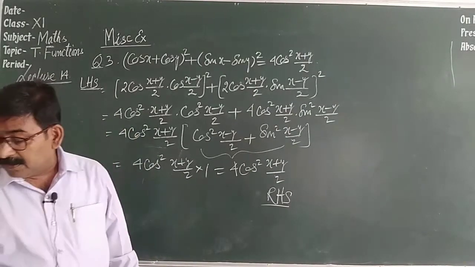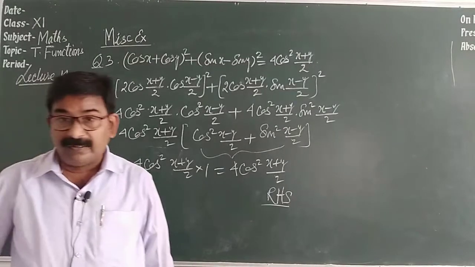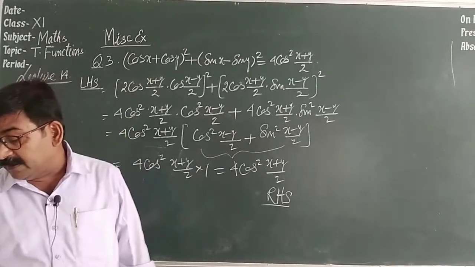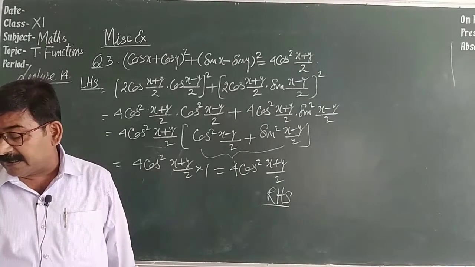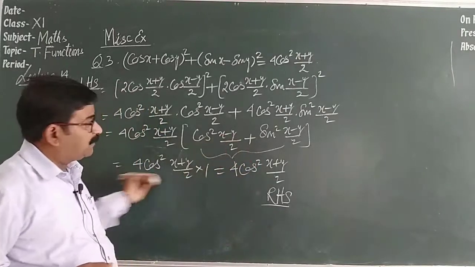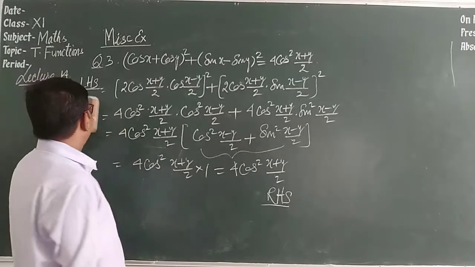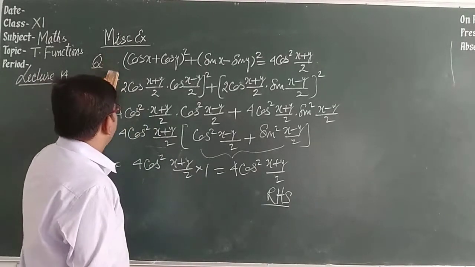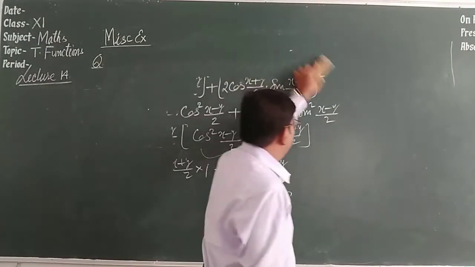Let's see question number 4, which is in the same manner, so I am leaving this question for you. The given expression is (cos x minus cos y) whole square plus (sin x minus sin y) whole square. You will apply the formula and square, and the same one thing is common. After that it becomes 1 and you will get the result. So question number 4 I am leaving for you. You will try the question yourself and send the solution to me. Got it?